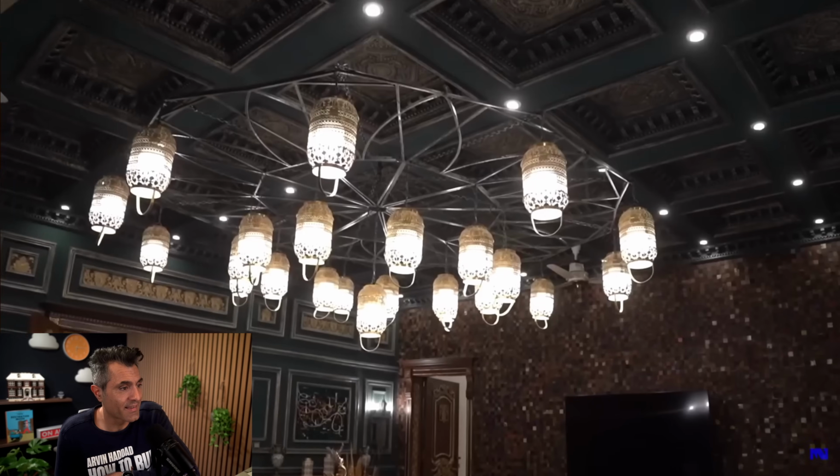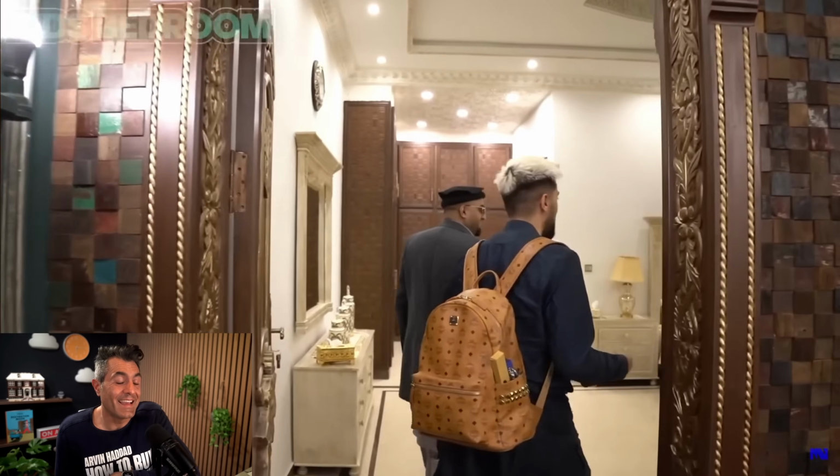So when you buy a house like this, you're not buying the house, you're buying a piece of history. And I'm not trying to sell you this house, guys. I mean, it kind of speaks for itself. And now we are on to the final bedroom upstairs, guys. There's just so much happening in this house. 9 bedrooms, 100 chandeliers. I mean...